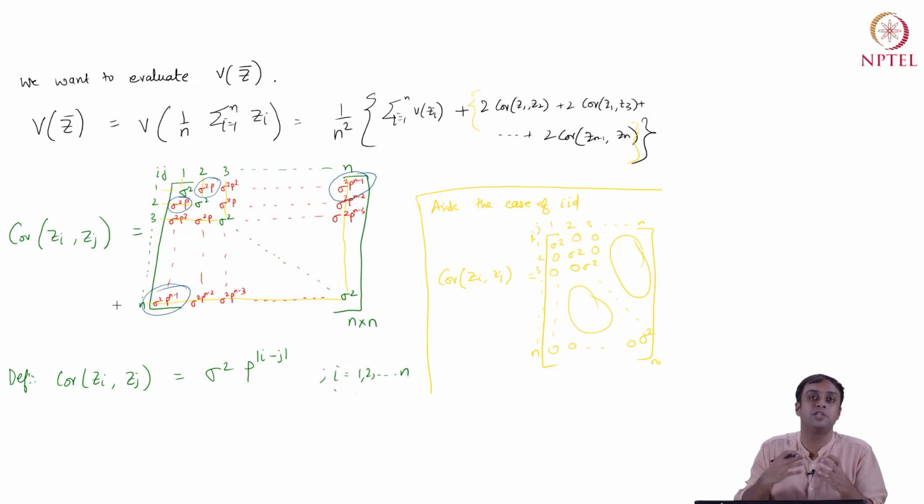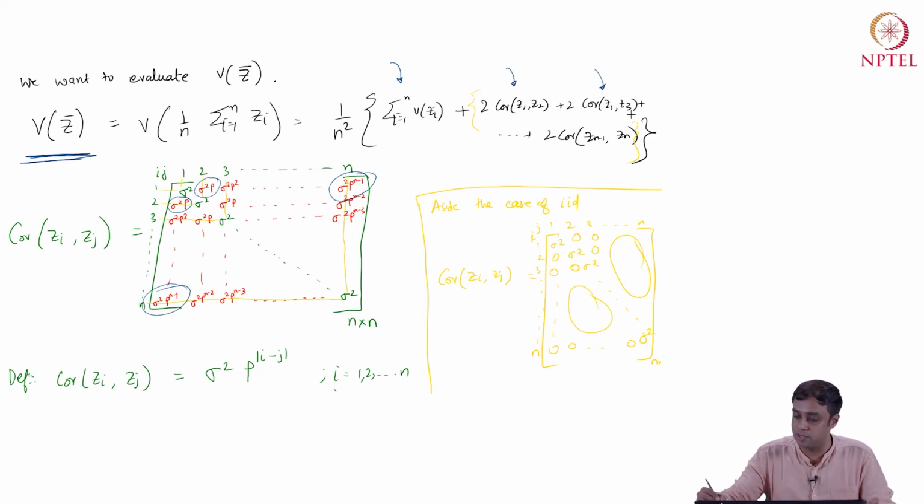So it is sufficient to just write down any one side of it, and the other side can be automatically filled in because we know that it is a symmetric tool. So with this understanding of how to articulate the variance covariance matrix, ultimately our aim is to figure out the variance of z bar, and we want to fill in these values of where we want to put in the variance terms and the covariance terms and so on and so forth, right?